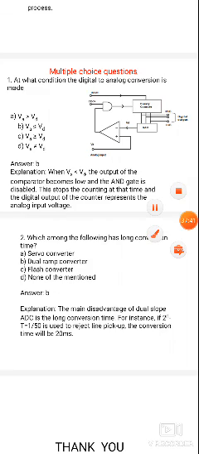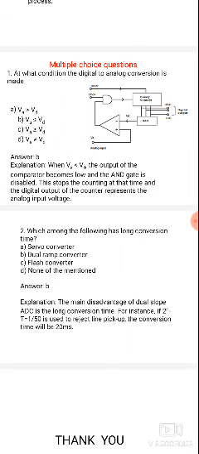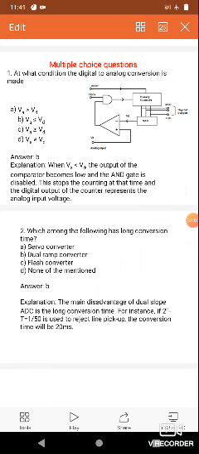Here we have some multiple choice questions related to the counter type analog to digital conversion and its definition. First question: at what condition is digital to analog conversion made? The circuit consists of one comparator,